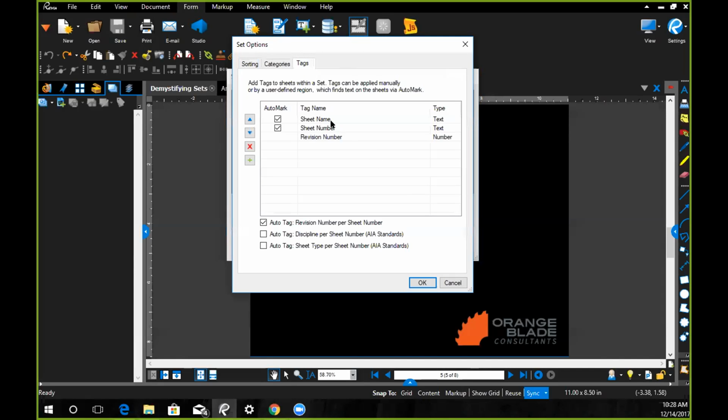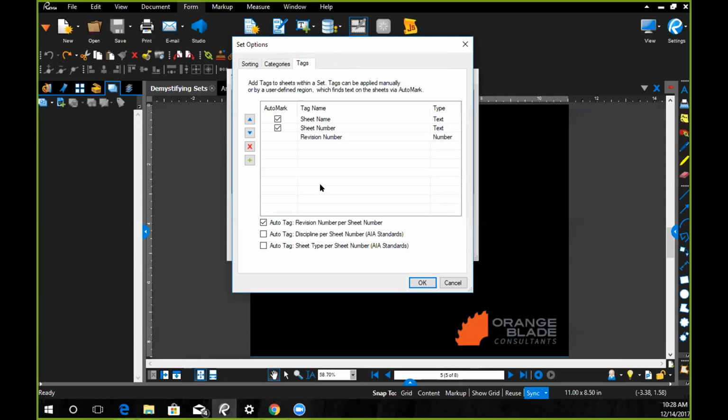These are the tags that we have the option to include as we're building our sets. And I'm just going to use these ones here. I could create new ones if I wanted to, but I'm just going to use the ones that we have here. Because as you can see from this column here, these two tags will be auto-marked. And remember that auto-marking process that we used before in the Thumbnails tab. We're going to apply that auto-mark to each individual sheet here, and then Bluebeam is going to build a tag for each of those, of that content that it scans for,